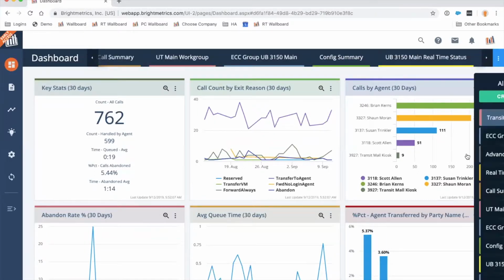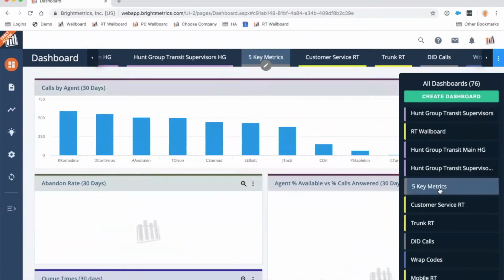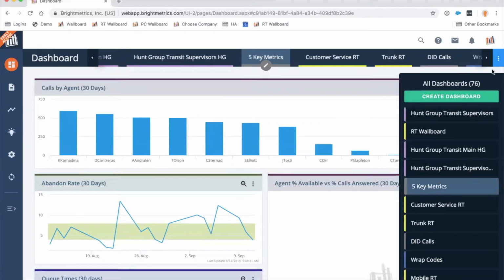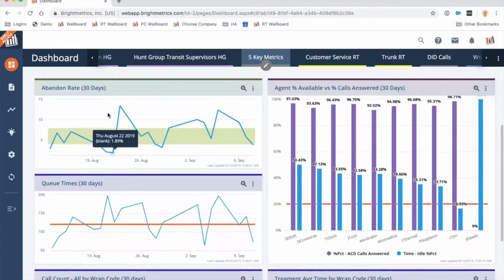I jumped in though and I created a dashboard in here. I called it my 5 metrics dashboard that gives us a few charts that I think are meaningful to just take a look at today. So I'm going to flip over to this dashboard. What this dashboard shows me is a number of charts. We're going to look at all of these, but I want to start with these 2 line charts that you see written out here. I've got at the top here the abandon rate over 30 days,